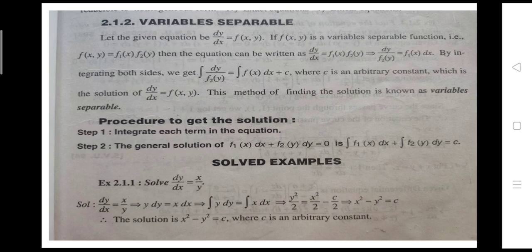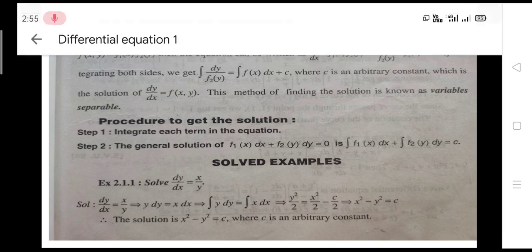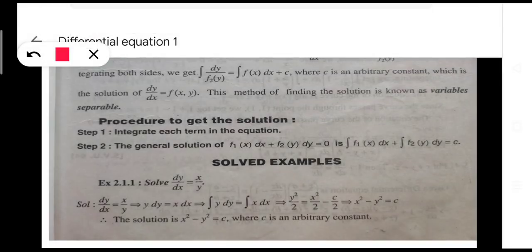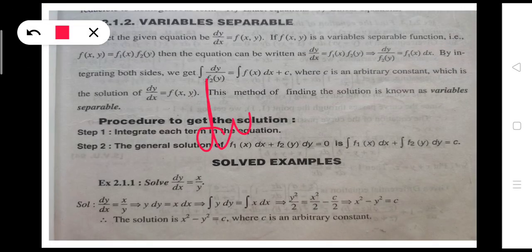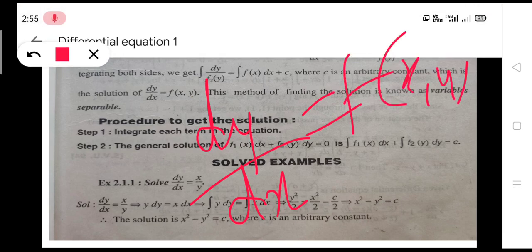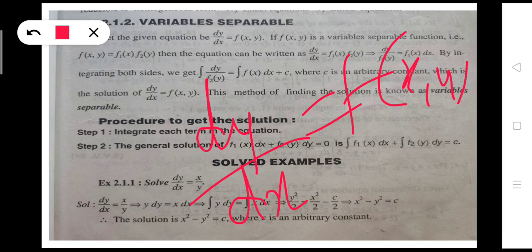The general form of a first order and first degree differential equation is dy by dx is equal to f of x comma y. So dy by dx is equal to f of x comma y is the first order first degree differential equation. Here, all differential equations of the first order cannot always be solved. However, they can be solved by suitable methods if they belong to such methods.